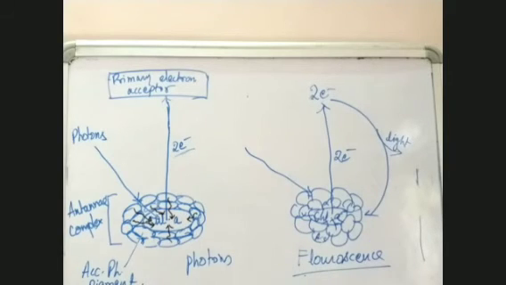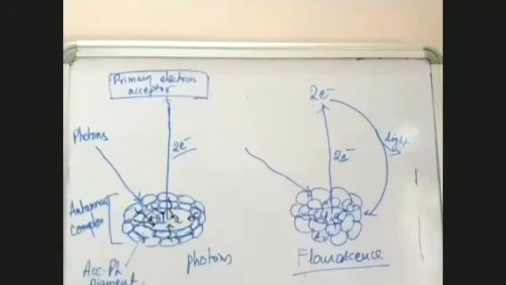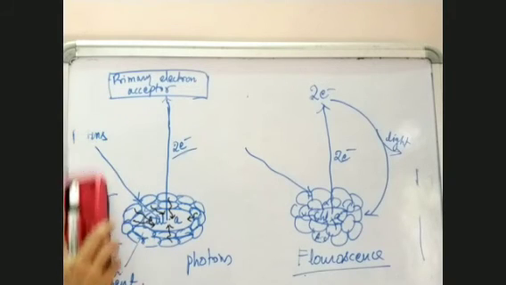Whereas normally, when an electron gets excited due to absorbing energy and comes out of its shell, it is accepted by the primary electron acceptor, which is present in the plants. Now in this system, which is LHC, we have two types of photosystems. These are also known as photosystems. We have two types of photosystems. I'll erase it and show you again.